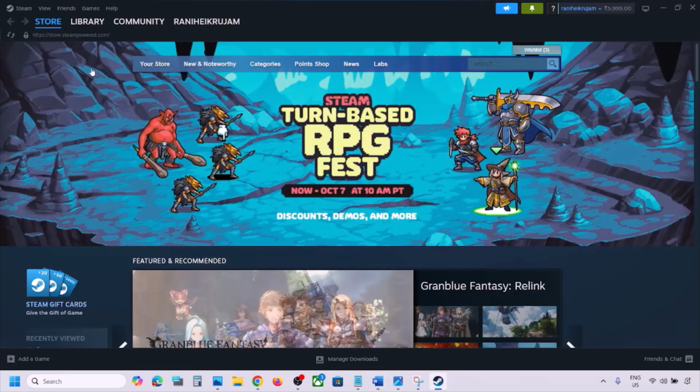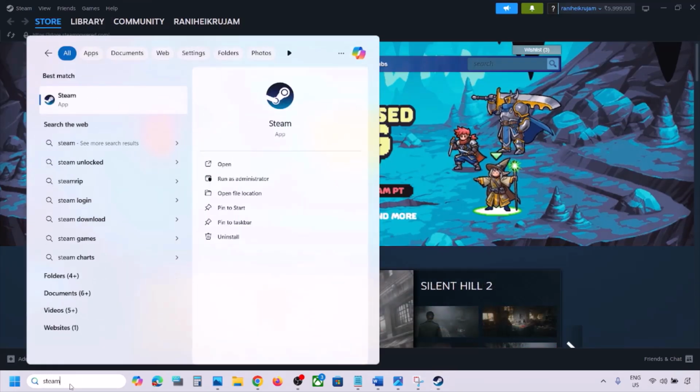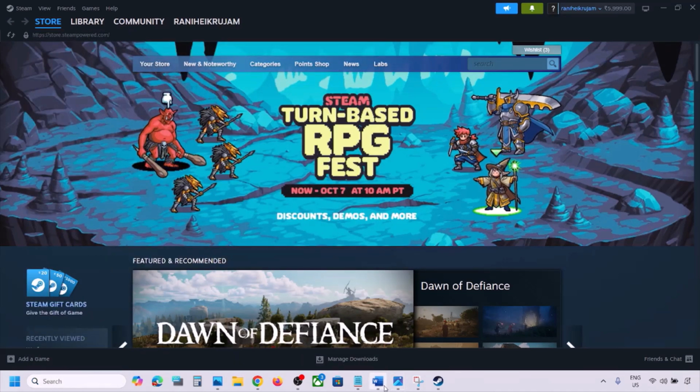So go to Steam. At the top, click on Steam and then click on Exit. Now once Steam is closed, you can type in Steam in the Windows search box, right-click on Steam and then click on Run as administrator. And while restarting Steam, if there is any update for the game, update the game. Now if you're still facing the problem,